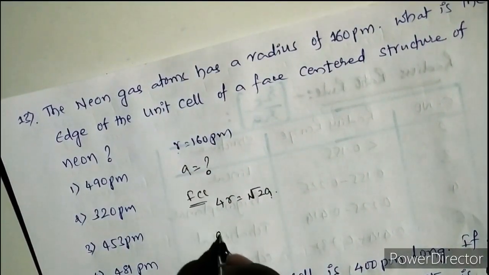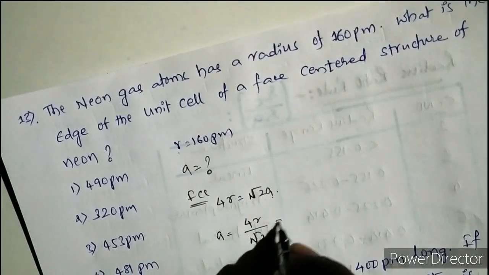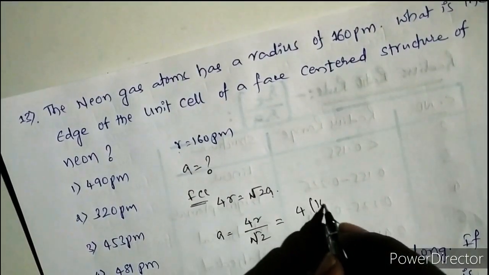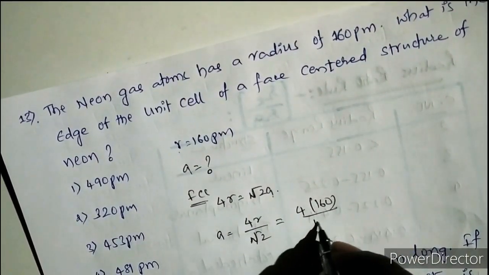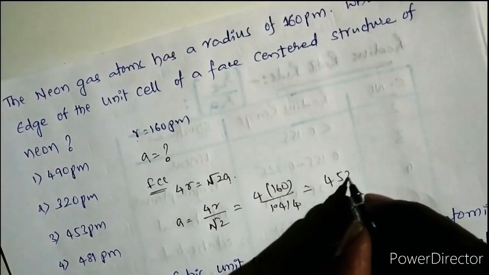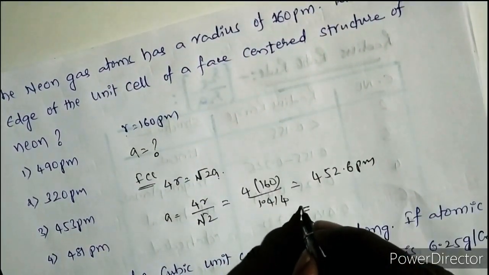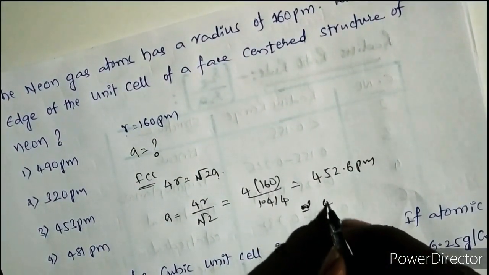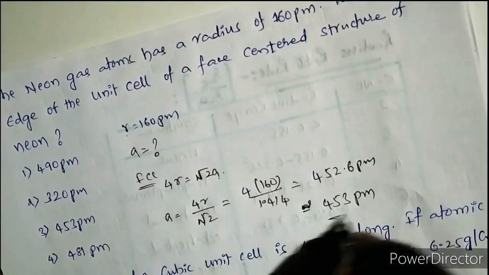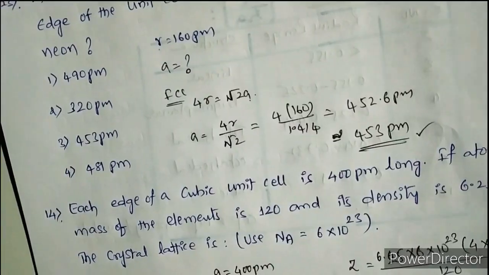So here a is equal to 4r by root 2. 4 into r is given, 160, by root 2, which is 1.414. If you do this, you will get 452.6 picometers. This is nearly equal to 453 picometers. Got it? So this is your answer. Next one is